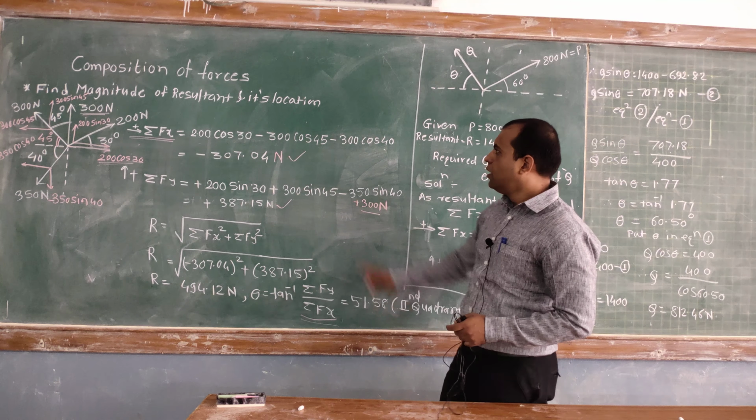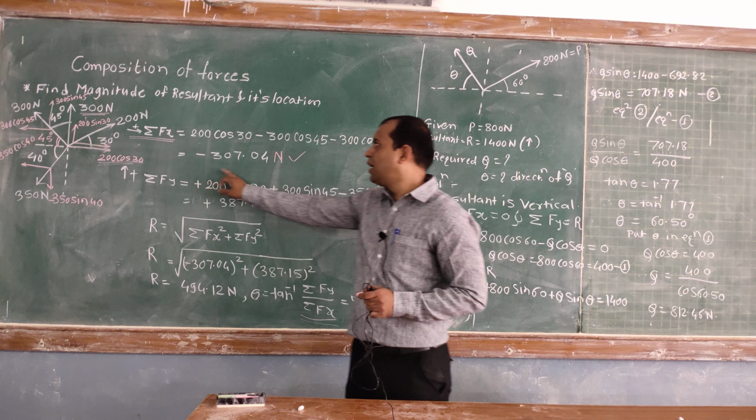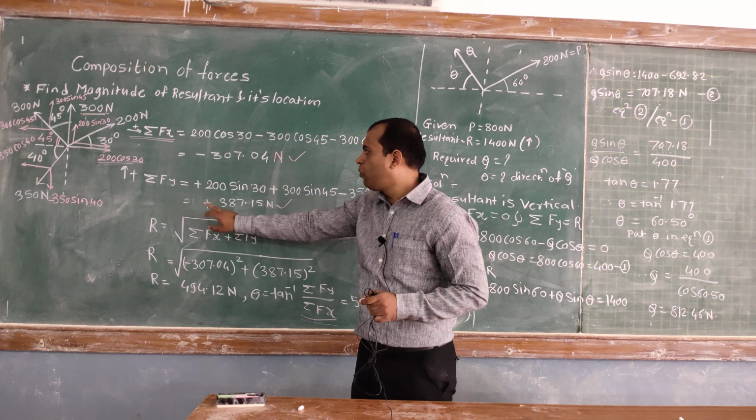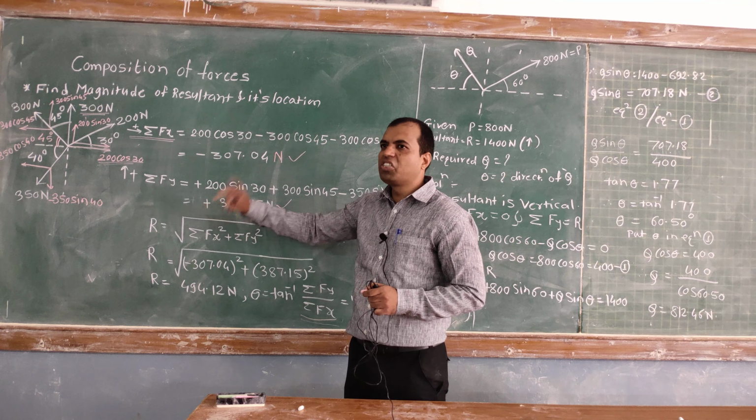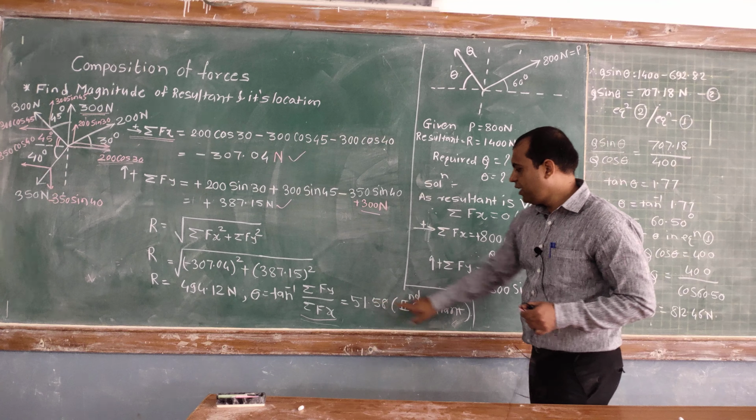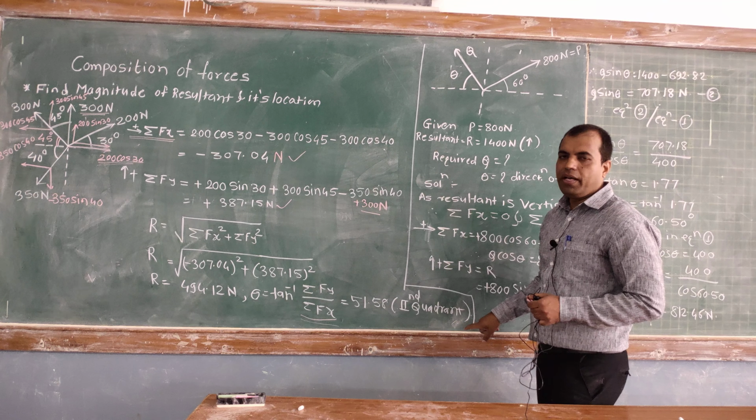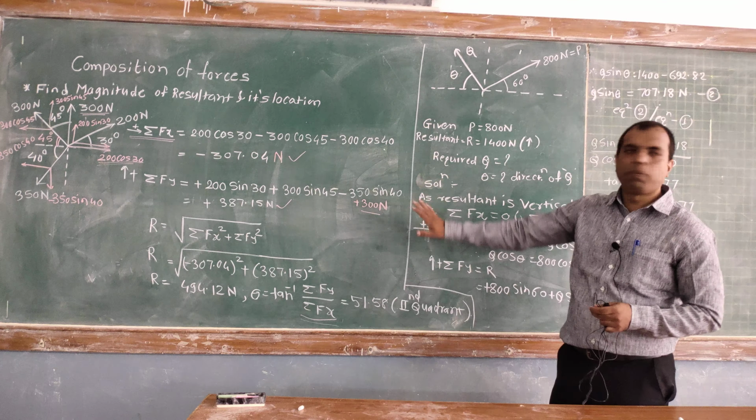so you will get the direction 51.58. Now in this case, in which quadrant does this resultant lie? Here I have written the second quadrant. The resultant will lie in the second quadrant. How does it lie in the second quadrant? If you observe these two answers, summation of Fx comes out to be negative and summation of Fy comes out to be positive. In which quadrant is x negative and y positive? Yes, in the second quadrant x is negative and y is positive, therefore this resultant lies in the second quadrant. Okay, so understood this? Very simple problem.